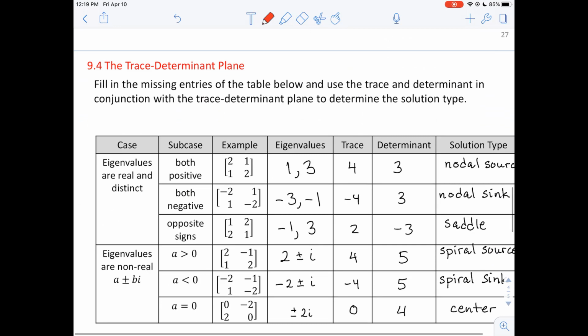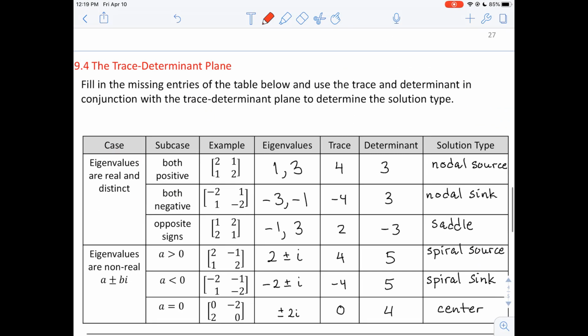All right, looking at our chart here, so now we're focusing on this case here. If both eigenvalues are positive, then we're going to have a nodal source. When they're both negative, a nodal sink, and when they're opposite signs, we're going to have a saddle. Now let's actually do the saddle first, because if the eigenvalues have opposite signs, then